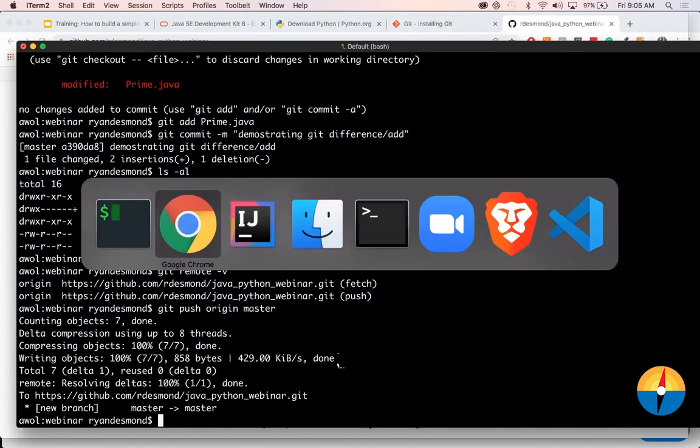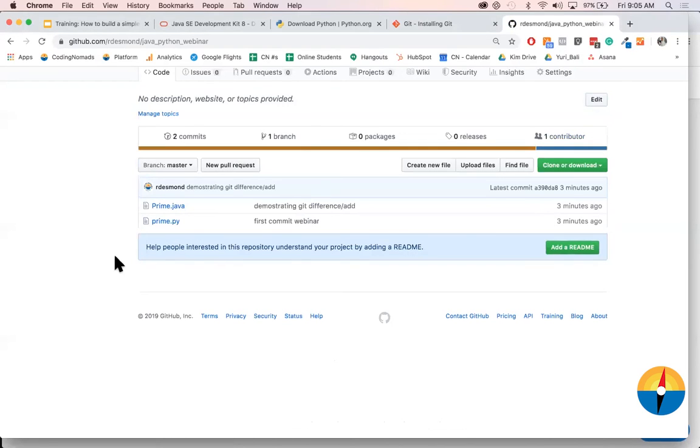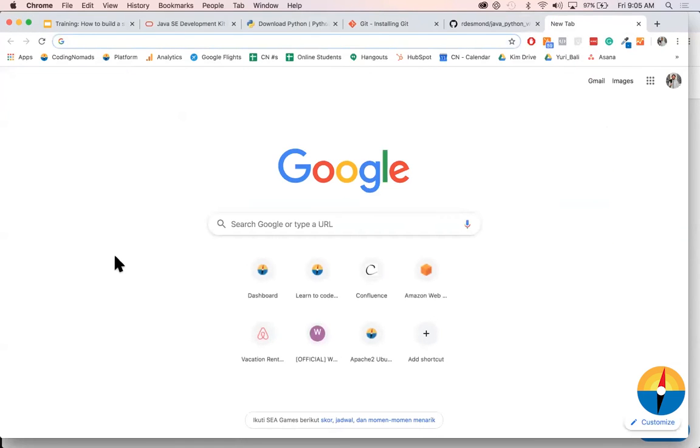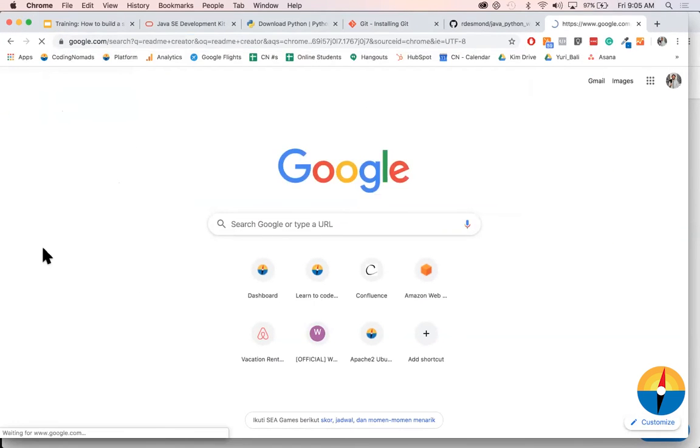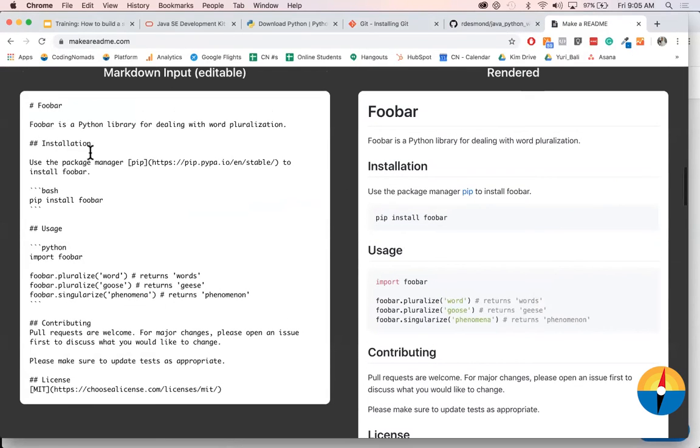Looks like it worked. So now if I go over here and I refresh the page, there it is, prime.java and prime.py. So I will create a small README. There's a nice make a README website here. And we're just going to say,